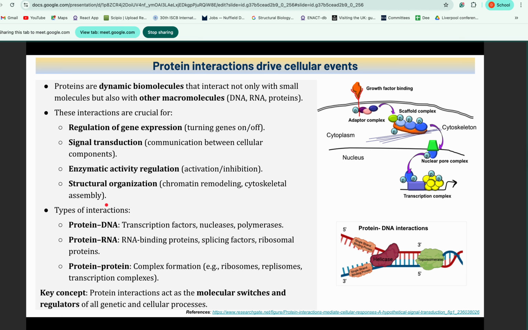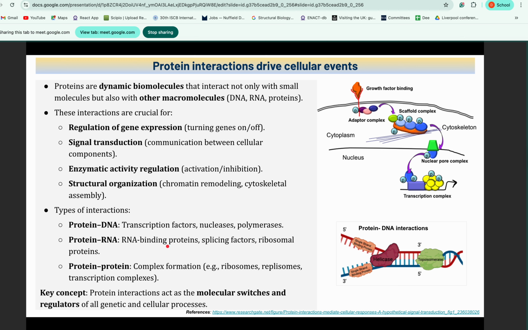And then in the case of cytoskeletal assembly also, we see how different tissues are different from each other, different cells are different. These differences come from the cytoskeletal assembly, which tissues will give rise to what kind of structure. So proteins guide them. Similarly, there are different types of interactions. Protein-DNA interactions, which we have seen, involve transcription factors, nucleases, polymerases. So they show protein-DNA interactions, whereas protein-RNA interactions